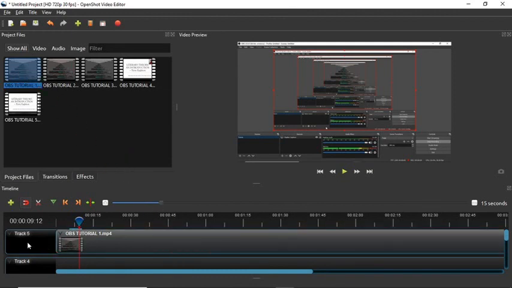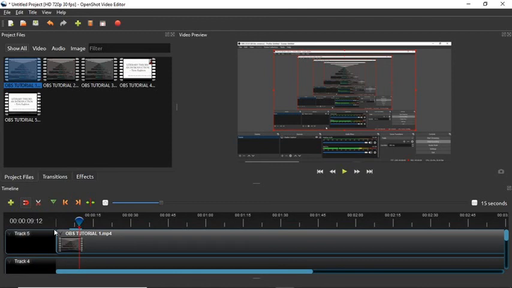So there are 5 tracks available for you. It is an advanced feature. We may not be using all of them. So what tracks do is that if you think that you need to remove the audio from your video, right? There are separate softwares, and then you need to add separate new audio that has been made as a voiceover. You could copy the video over here and then copy the audio over here in track 4.